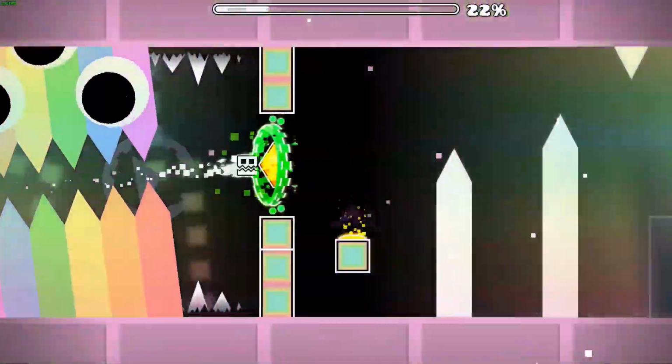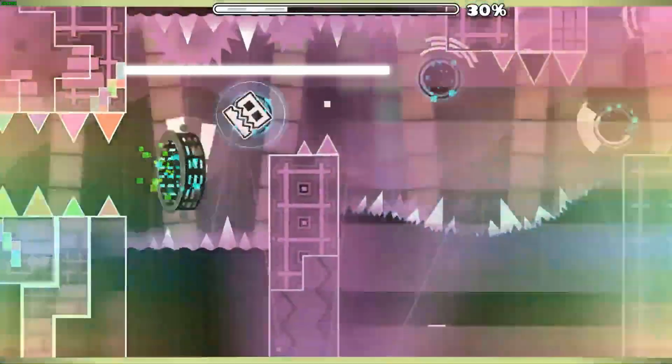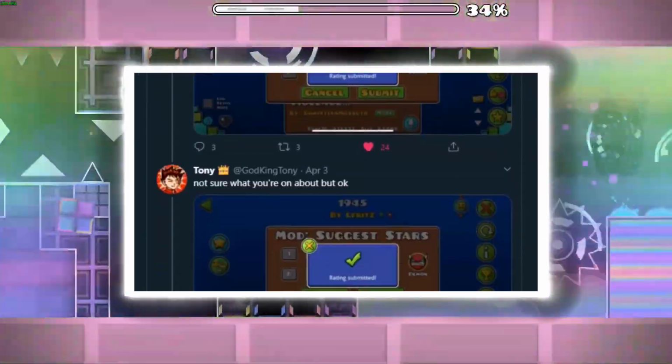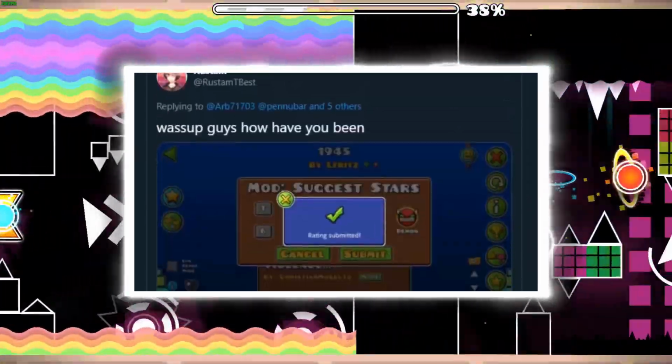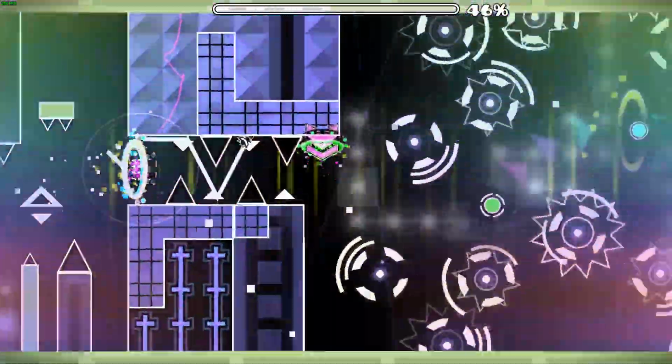from Rob. That's right, today we're talking about 1945 by Lfritz, a low-end extreme demon verified by Colorbold that has still not been rated despite receiving many sends at different times. It's not like these sends are undeserved either. This level exhibits what Lfritz considers the peak of his creating in this style, at least in terms of his